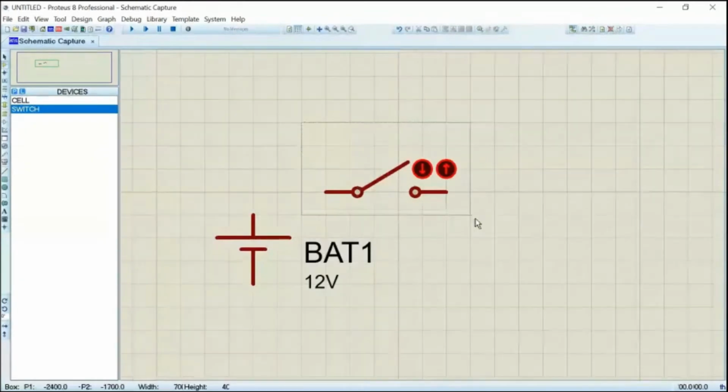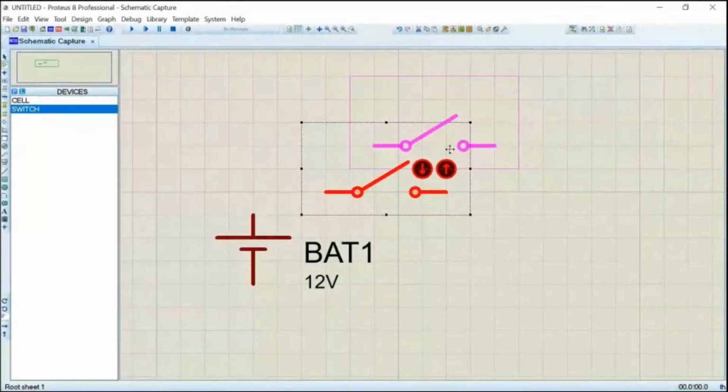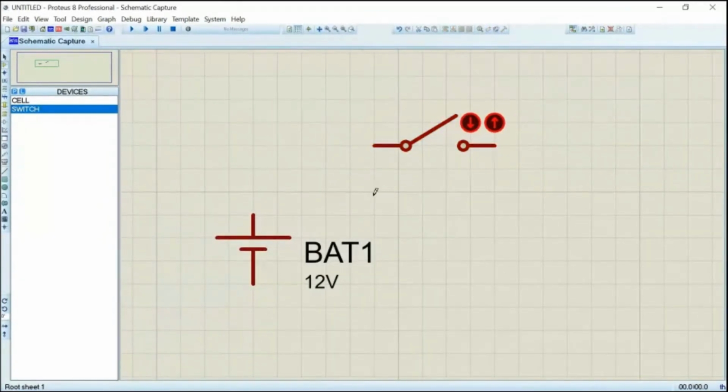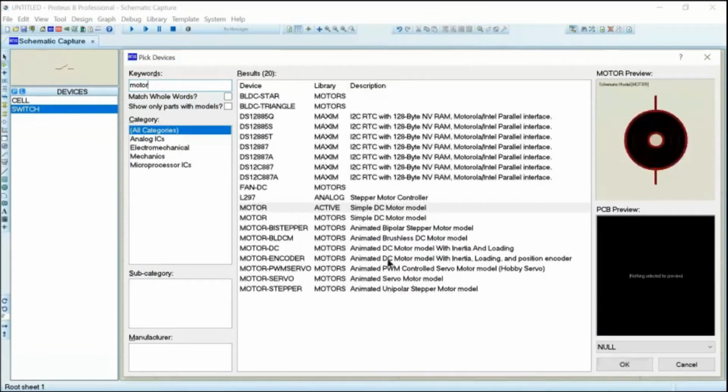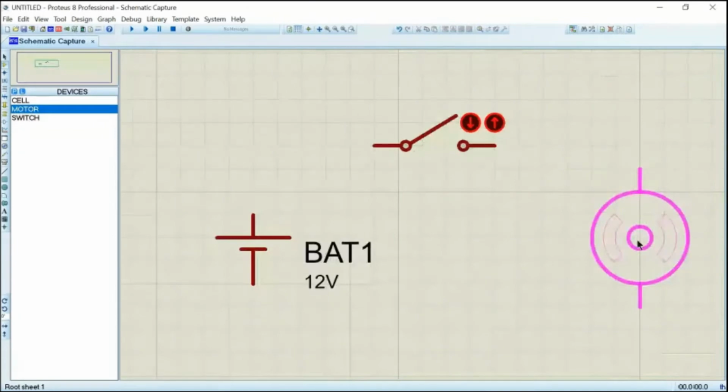So this is a switch that I wanted. So I'm positioning the switch here. So I have a battery, I have a switch. Now I want a small motor to check my operations. So this is a DC motor, simple DC motor model. So that also I take.